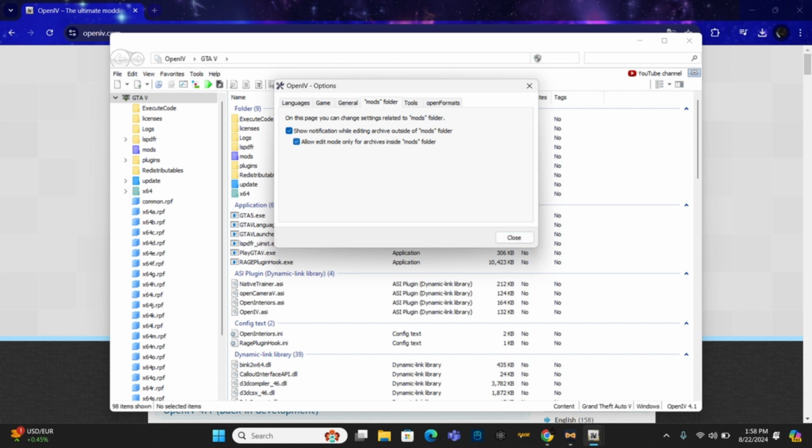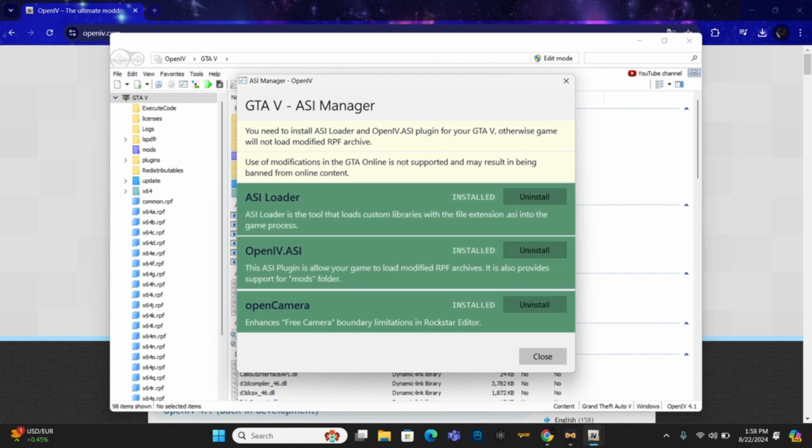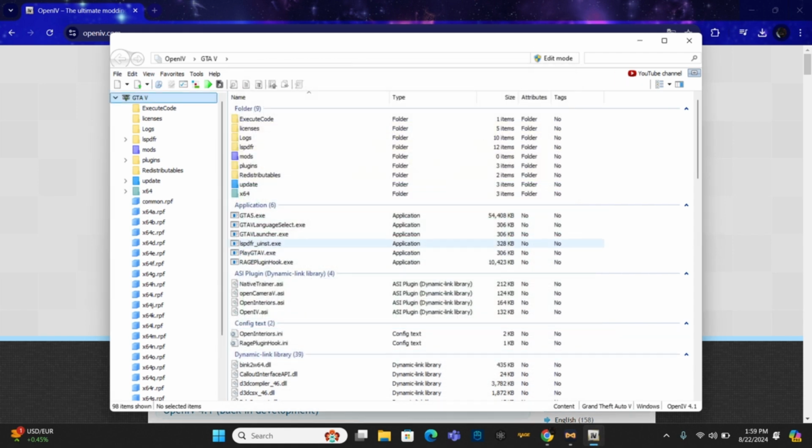We're gonna turn on Allow Edit Mode only for archives inside Mods folder. So we're gonna close that. Go to Tools again, ASI Manager. And I have these three installed, but what you're gonna do is make sure all three of these are installed. And then go to Edit Mode. Turn on. You want Edit Mode on